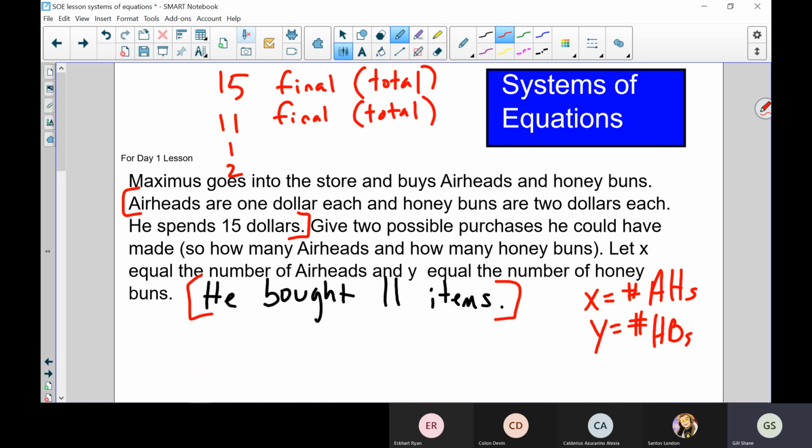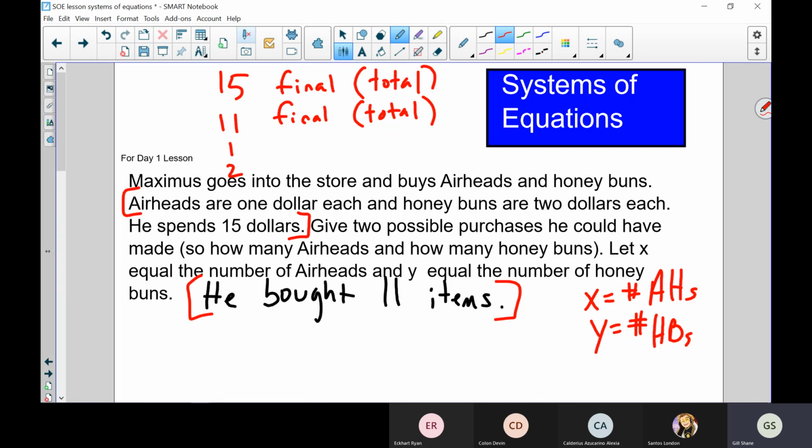that's why I don't like people getting up and doing their own thing. So, if we know the final numbers, which we do, we know 15 is the total he spent, it's a final number. He ended by spending $15. He ended by buying a total of 11 items. So the totals in this problem are known. Like before, we didn't know what the totals were. We were trying to figure them out. If we know the totals,